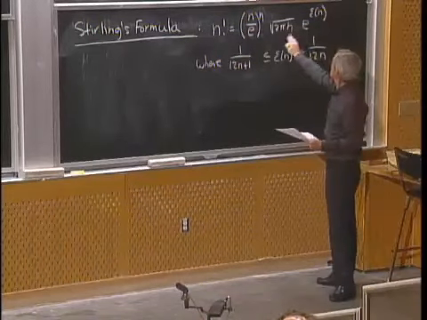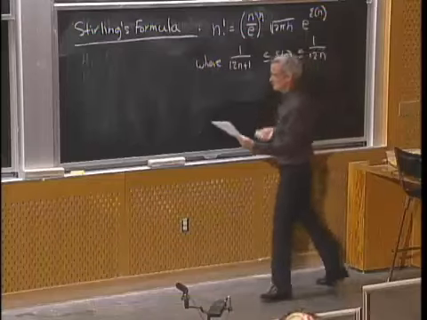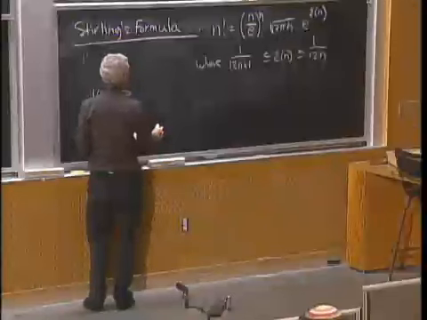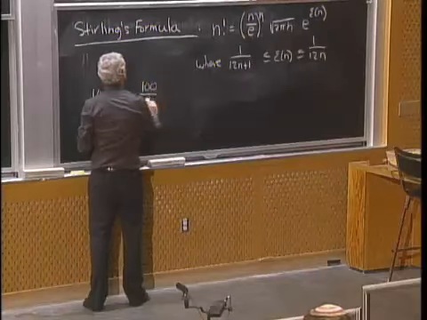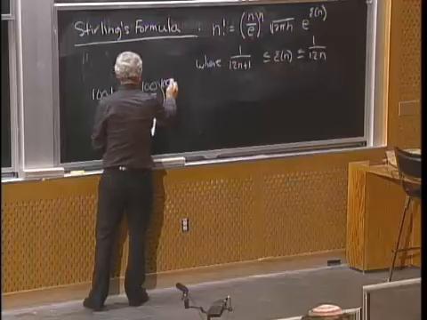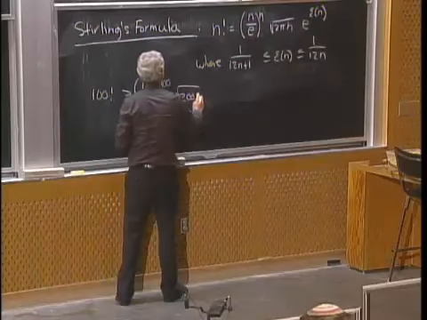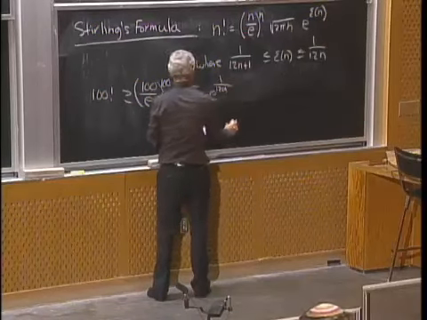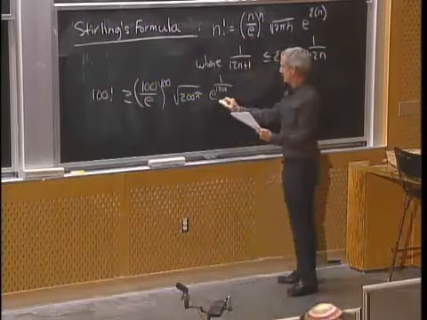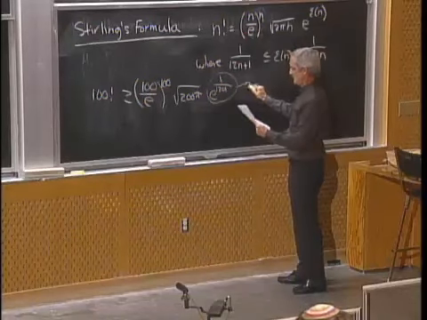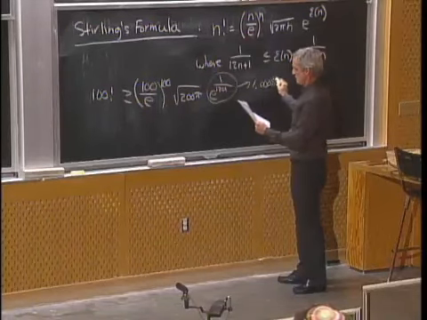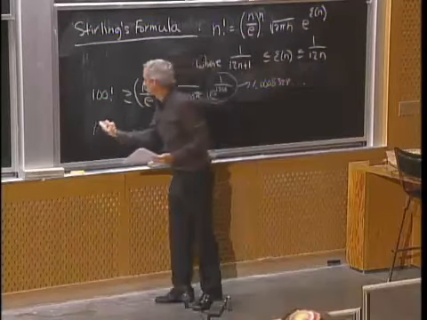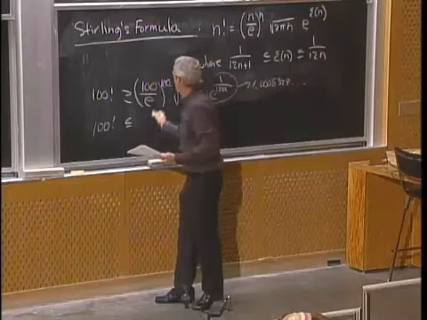Now, these bounds you get here are very tight. For example, 100 factorial is at least (100 over e) to the 100 times the square root of 200 pi times e to the 1 over 1201. This thing is just really tiny. This thing here is 1.000832 9 and something. And 100 factorial is upper bounded by the same thing,